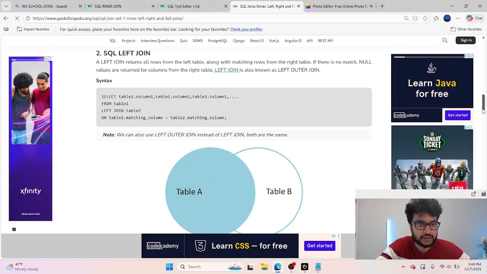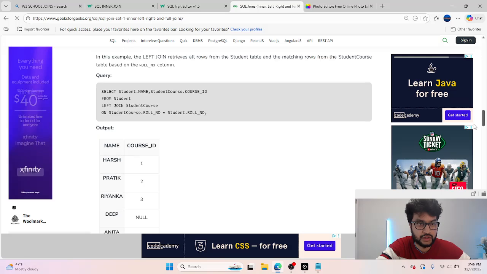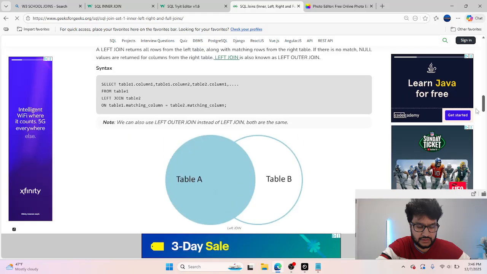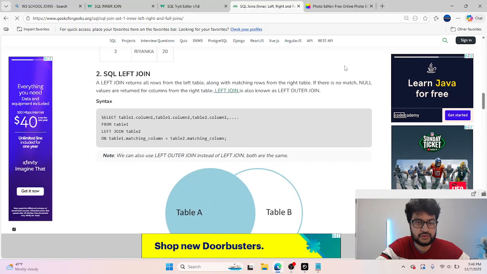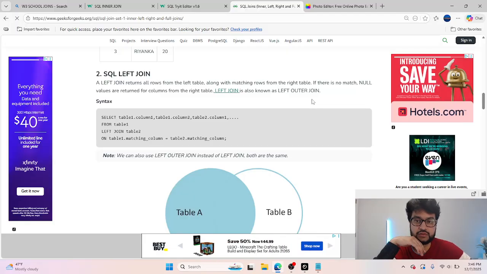Do that, and then for left join, let's look at left join again. So for left join, again, a left join returns all rows from the left table along with matching rows from the right table. If there's no match, null